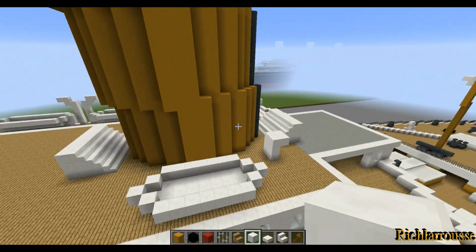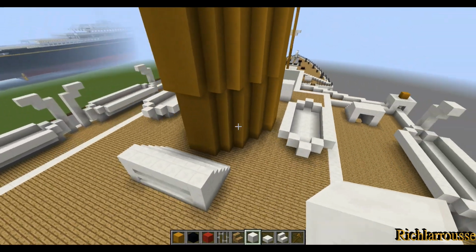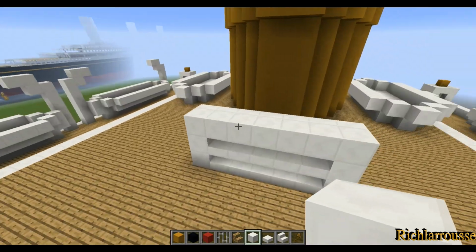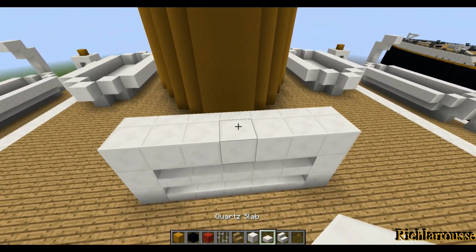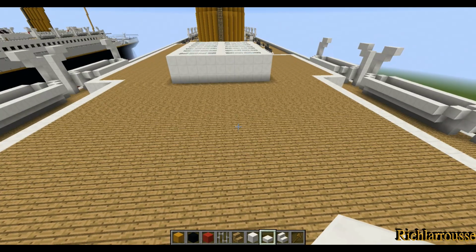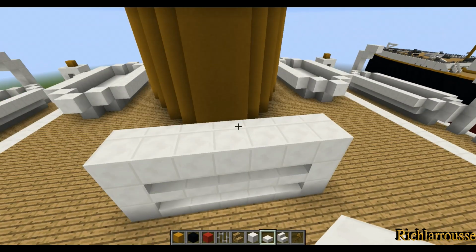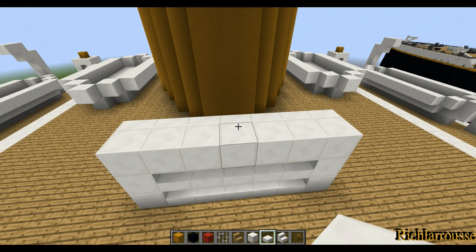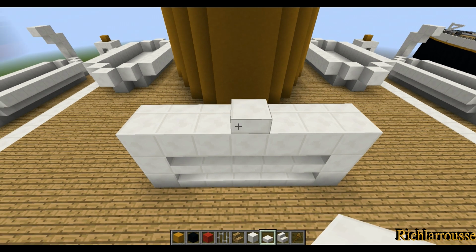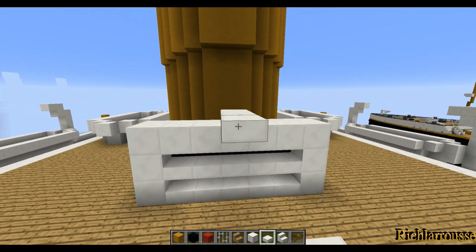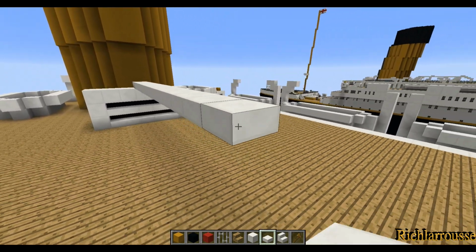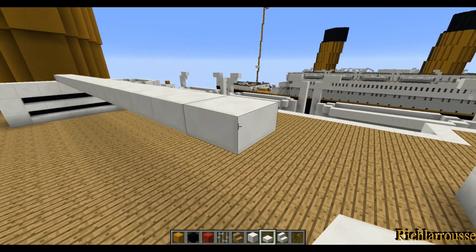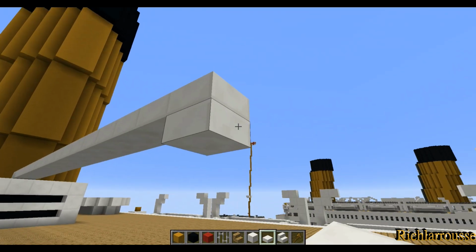So what we do now is go behind the funnel again, and on the centre point of this vent we just built behind the funnel, we're going to add a bar of quartz slabs, and I'm trying to remember how long it is. It's 18 blocks long. So from the top there, that's number 1, go 2, 3, 4, 5, 6, 7, 8, 9, 10, 11, 12, 13, 14, 15, 16, 17, 18, like so, and then we can curve it down,